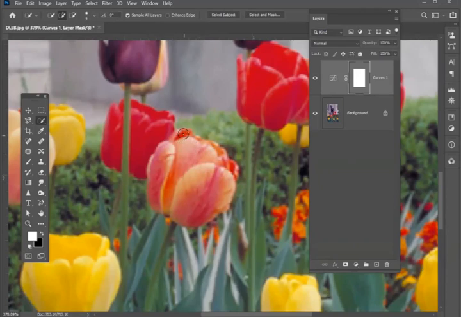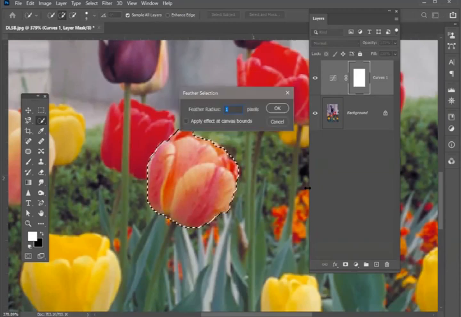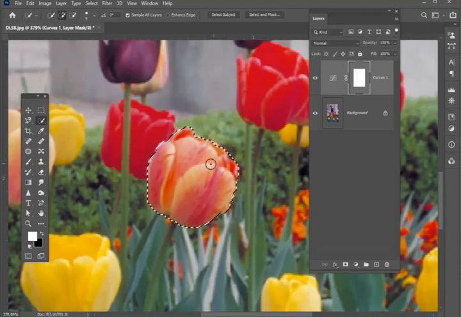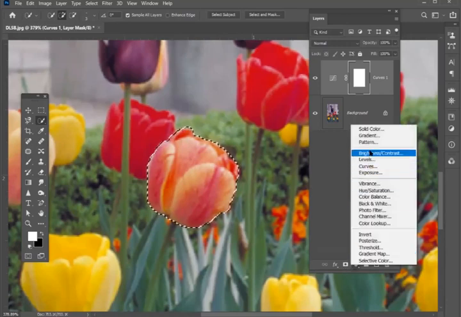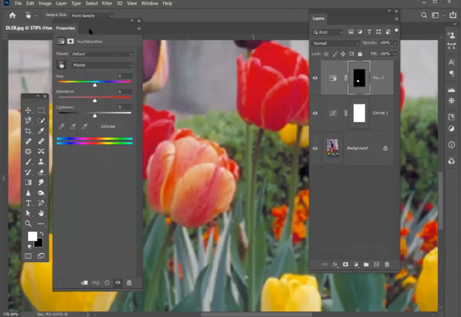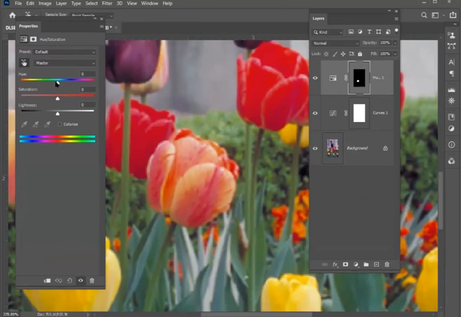select this tulip, and again I'll feather that, shift function key 6, 1 pixel. Get a little more yellow there. And with another adjustment layer, I can select hue, saturation, and brightness and do the same thing I did with that other method, except that now it's non-destructive. And actually with this one,